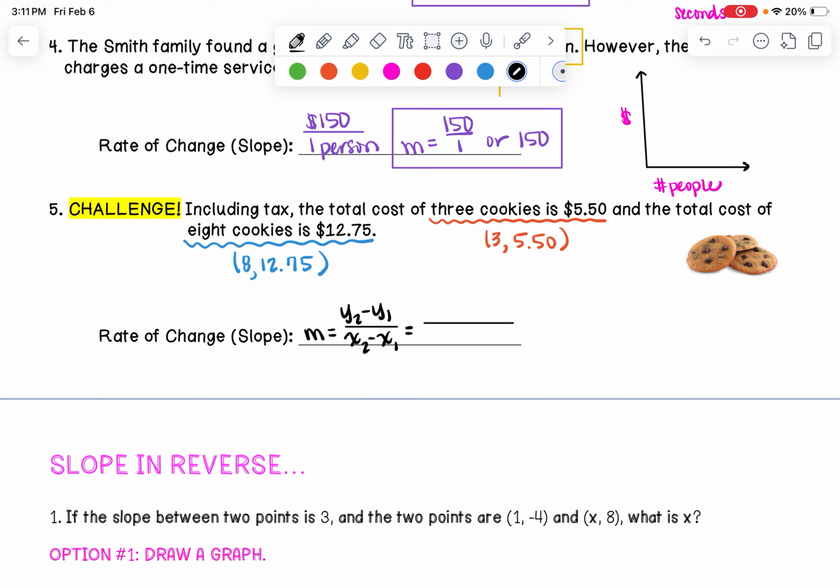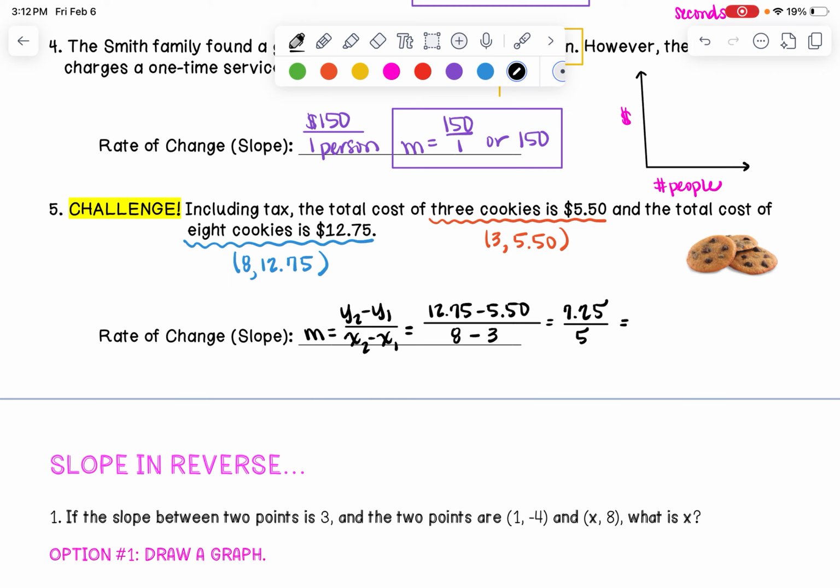So here we go. I'm going to subtract. I'm going to do 12.75 minus 5.50 because that's going to tell me how the cost is changing. And then on the denominator, I'm going to do 8 cookies minus 3 cookies. We're going to do that subtraction, or you can put that all in your calculator in one fell swoop, but I'm just going to do it one step at a time. So that's giving me 7.25 over 5, which basically is telling me that overall it costs $7.25 for 5 cookies. I'm going to go ahead and do that division,